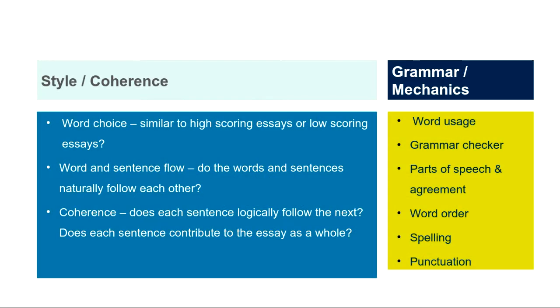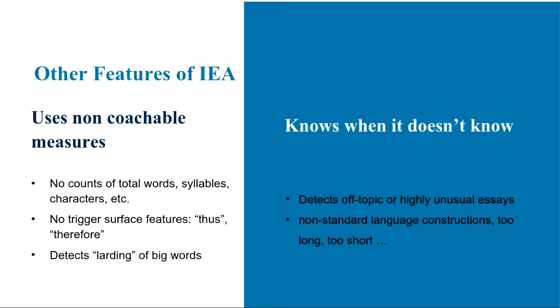So, like I said before, you can choose what sort of things you might be interested in, depending maybe on whether it's a formative or a summative assessment. You can look at any level of detail you want. But what's important is that it also knows when it doesn't know. It doesn't use surface level features, so it doesn't give scores on the basis of the number of words people used, or impressive language like thus, therefore or thereby. It takes those out, and it actually looks at the meaning of what you've said.